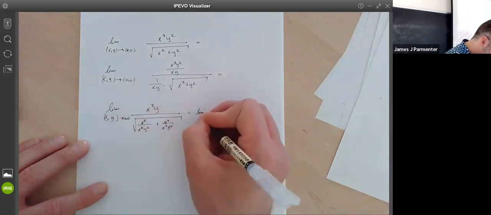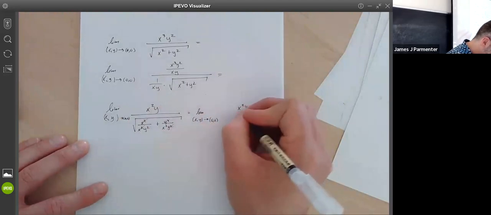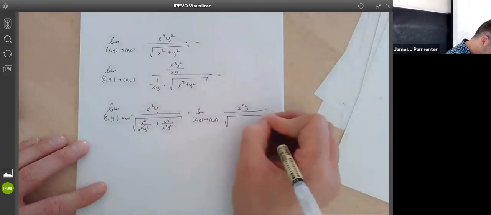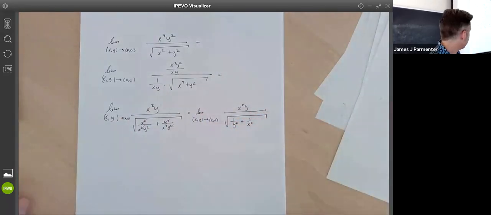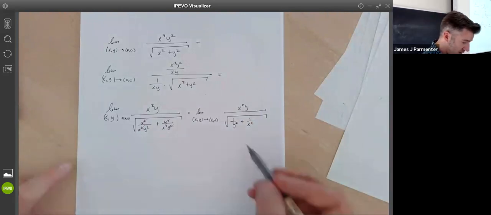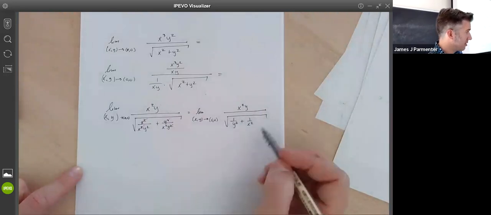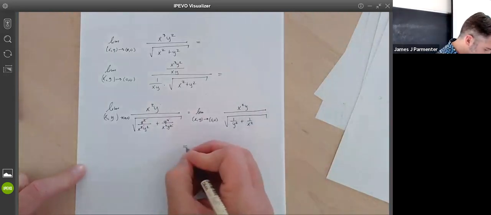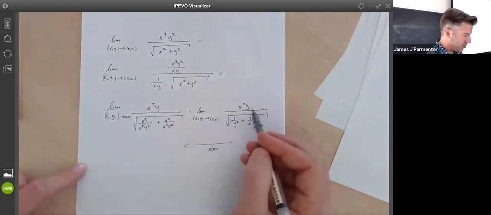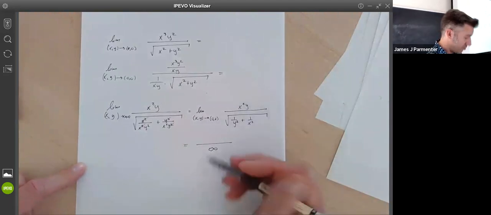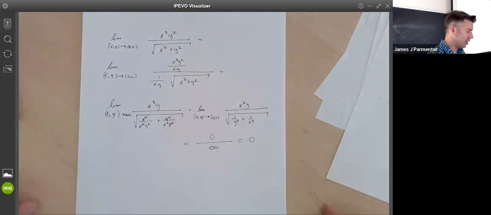So that this now is equal to the limit as (x, y) goes to (0, 0) of x squared y over the square root of 1 over y squared plus 1 over x squared. Now I'm going to ask you the same thing I asked you before. What's happening to 1 over y squared as y is getting really small? Right. So this whole denominator is getting larger and larger and larger. So this is going to infinity on the bottom. And as (x, y) goes to (0, 0), where's x squared y going to? Right. So 0 divided by infinity is definitely 0. So that's how you can tackle